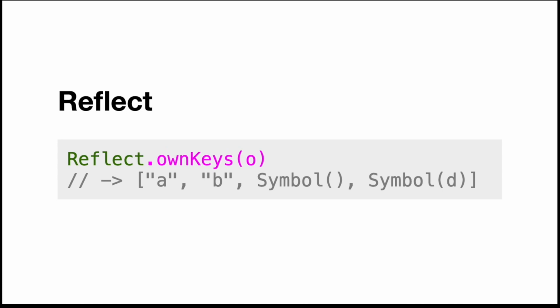This is the way I was talking about. I didn't know this existed before I looked into the Mozilla Developer Network and tried to see how these things work. You can have Reflect.ownKeys. You pass this object, you get all the keys in a nice array. Why I think it's not a great way is that it's not well known, right? And it feels like hacking, you know. Reflect usually feels like, what are you doing? Is this a language feature? So maybe I would still use getOwnPropertyNames, getOwnPropertySymbols, and then maybe concat that if you need that.